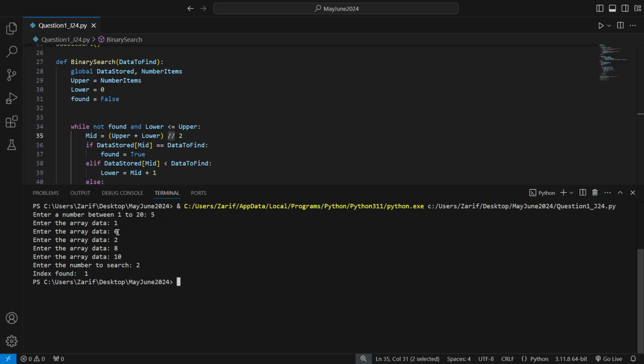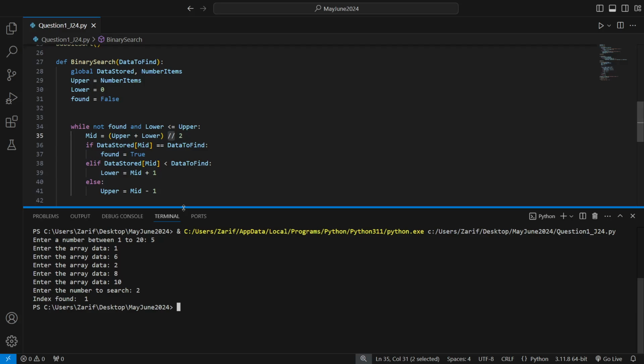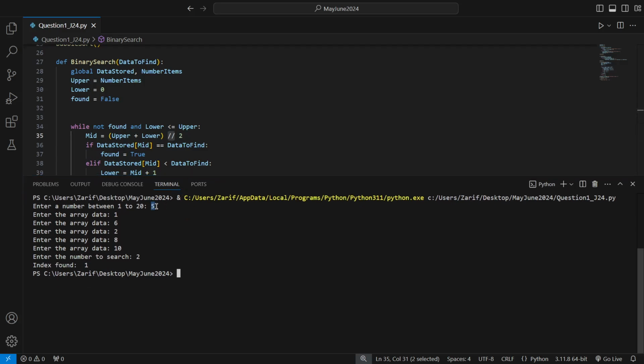So the mid position is 0, 1, 2, 3, 4. Right? So in that case, you're going to find, oh sorry, 2. So 0, 1, 2. That's the mid position in this case. If that's the case,